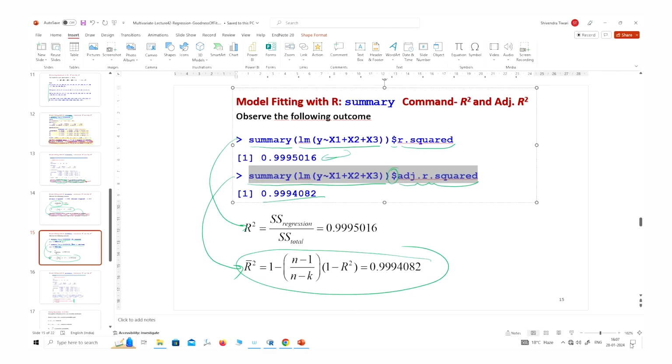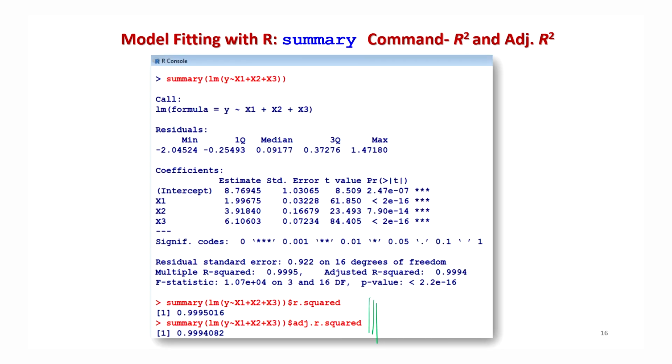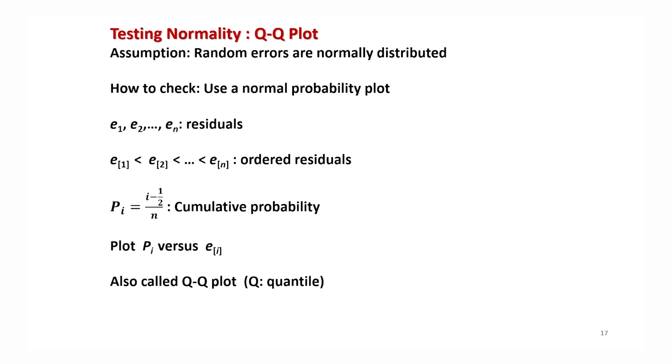Okay, so now after this, let me address another aspect here, which is about the testing of normality. As I told you in the beginning, whenever we get data, usually the assumption is let x1, x2, xn, or let y1, y2, yn be a sample from a normal population with certain mean and certain variance. They may be known or unknown, that's a different aspect, right? So the first job is that we want to test whether this assumption is correct or not, that random errors are normally distributed or not. So the next question is how to get it done.